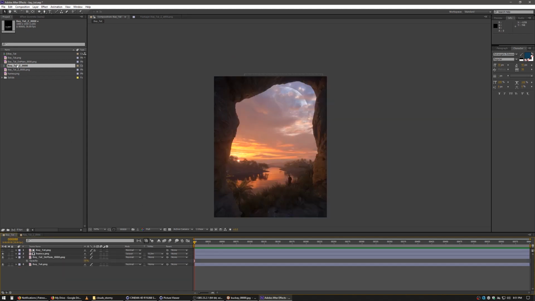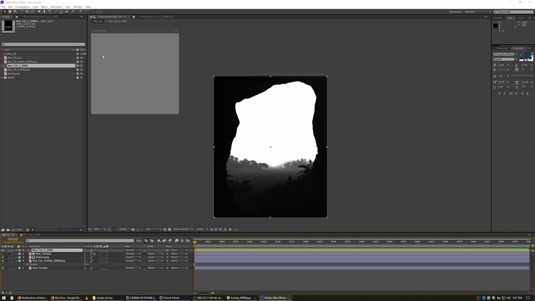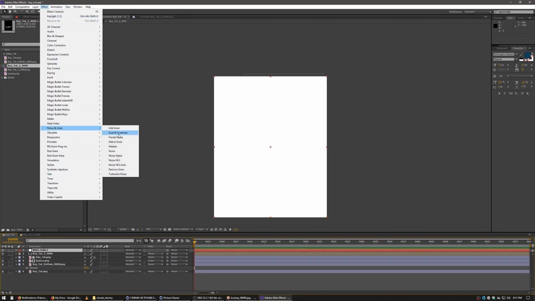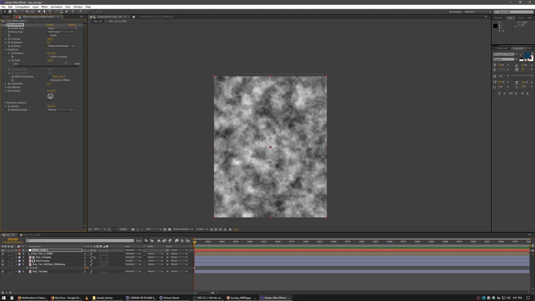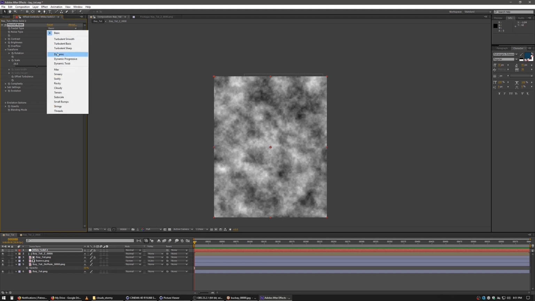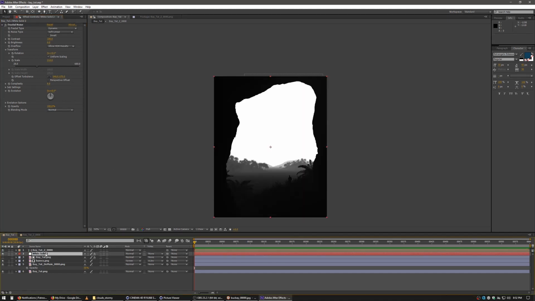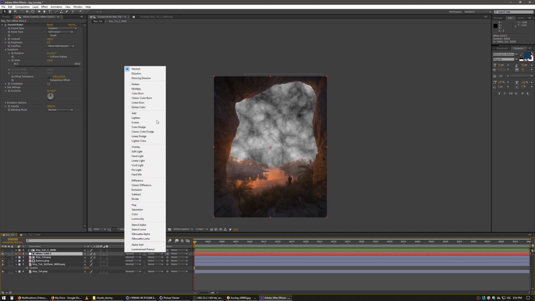So now I can drag my Z depth pass in, and what I'm going to do is make a new solid, and I'm going to use a fractal noise and scale it up some. Maybe change it to dynamic, and yeah, we'll go with that. We'll try that. And then I'm going to use my Z depth pass as a luma matte. And now I'm going to set my white solid blending mode to screen,